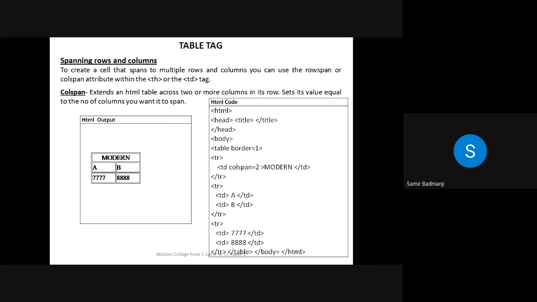Okay. Now see how the table is there. So the first four lines are common: HTML, head, title, body tag, then the table border. Like I told you, for every table you have to give the border attribute, else there will be no border to the table. Now see the first row: tr, td, colspan equal to 2. Why have I written colspan equal to 2? Because for this row, below there are two columns. So that is why you have to write colspan equal to 2, then modern, then close the td tag,